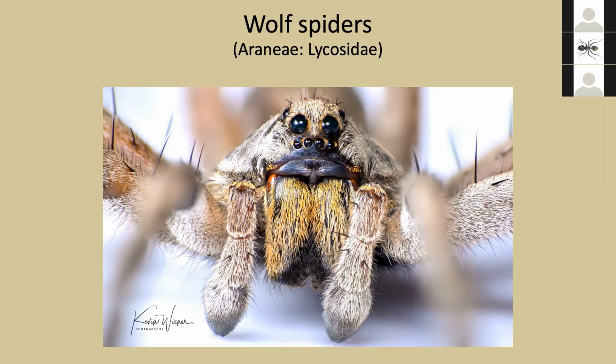where there's a row of 4 small, similarly sized eyes just above the carapace margin, and then above that are 2 very large forward-facing eyes. I mean, they look like headlights. Then there's a second row of large eyes that sit back and out, where they're directed up and out. And these spiders have excellent vision, and there's a reflective organ in their eyes that allows them to